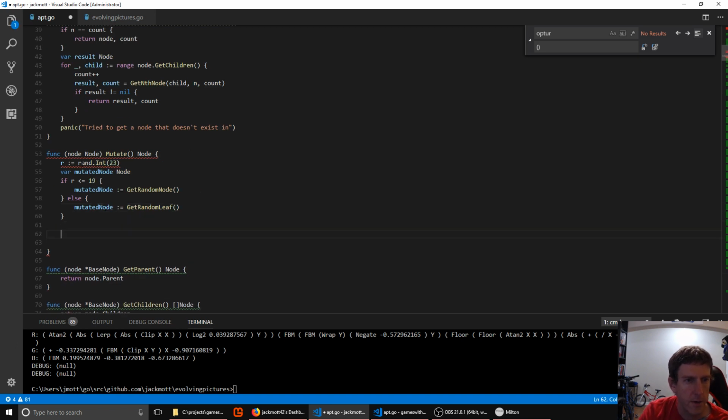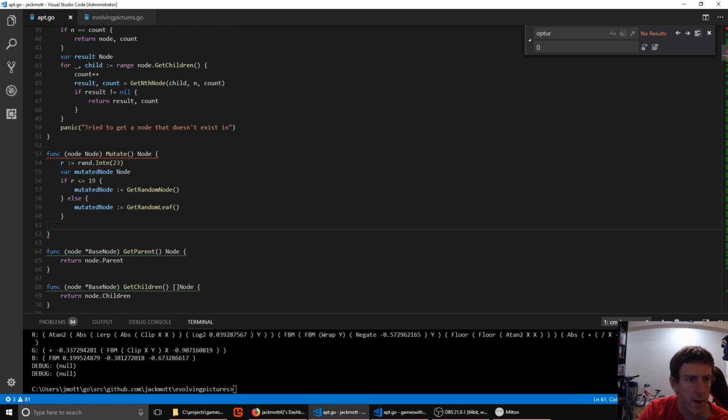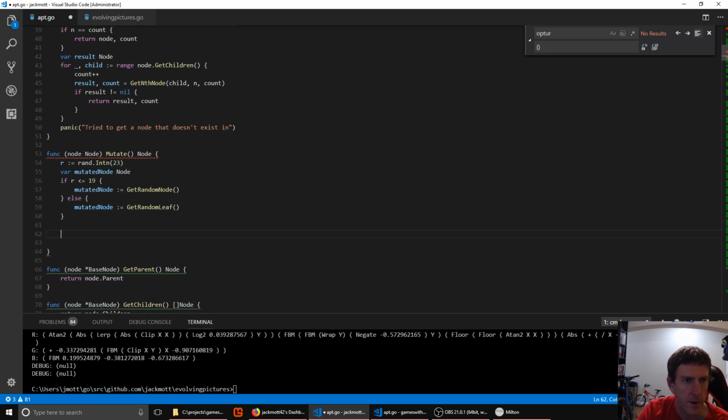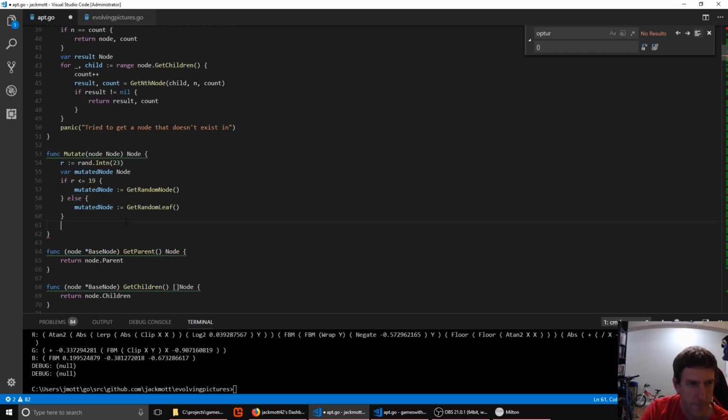we have the new node that we're going to swap in to our tree. We're going to replace node with it. Actually, we're not going to do receiver. It's going to be like this. Okay, now